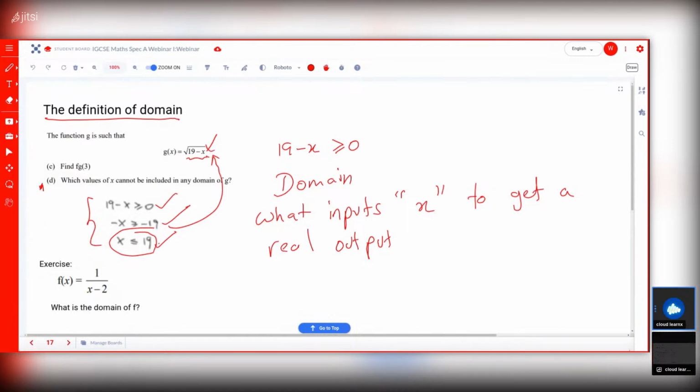So that's not part of your domain. That cannot be within your domain. You have to exclude it from your domain. So this is asking which values of x cannot be included. So what shouldn't you include? x greater than 19, you fall in trouble. So this should not be included,